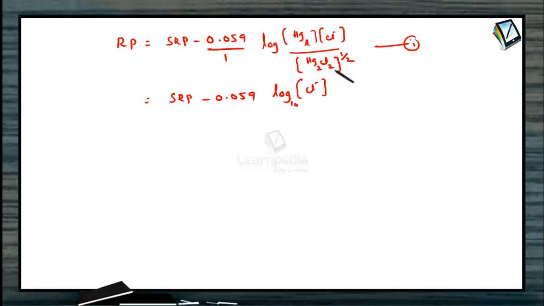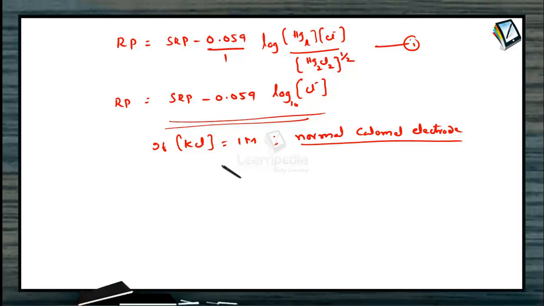And this is Hg2Cl2, whose activity once again can be taken as 1, and hence the reduction potential for the calomel electrode depends only on the concentration of the electrolyte. Thus, the standard reduction potential depends on the concentration of the chloride ion in solution phase. If the concentration of chloride, which is taken in the form of potassium chloride, is 1 molar, then it is known as the normal calomel electrode. And the standard reduction potential now becomes, for 1 molar concentration of KCl for the calomel electrode, 0.28 volts.